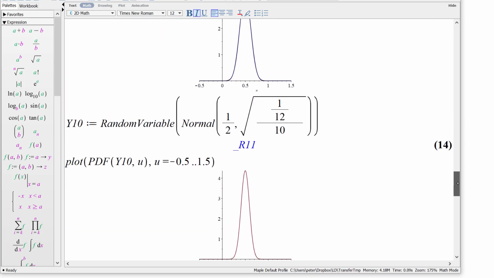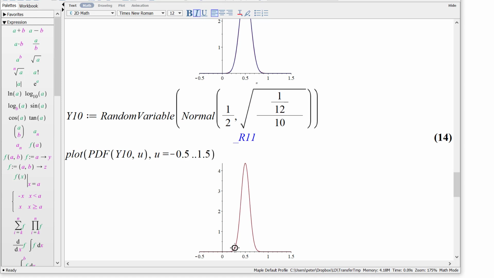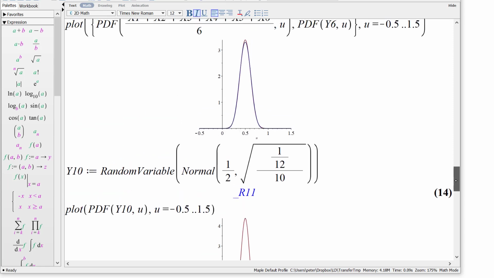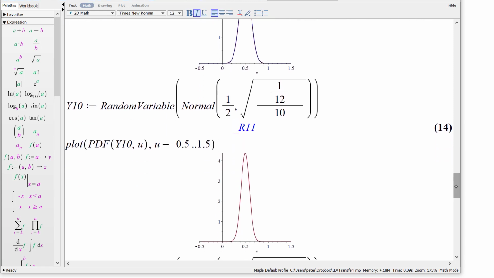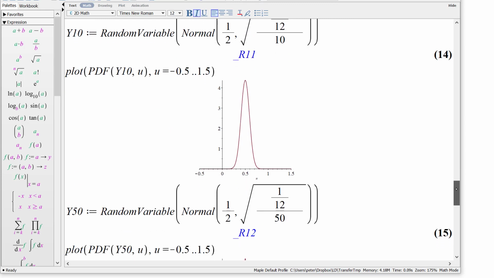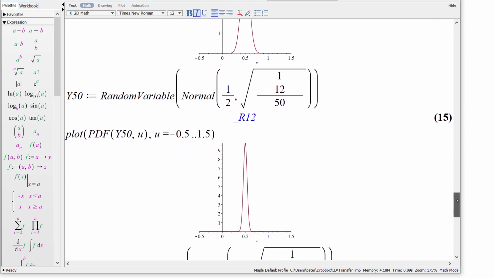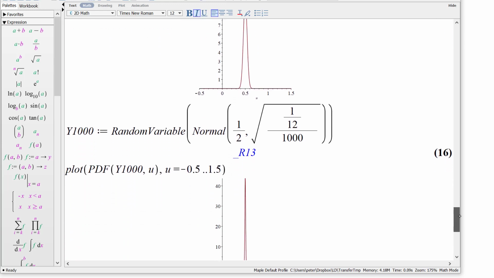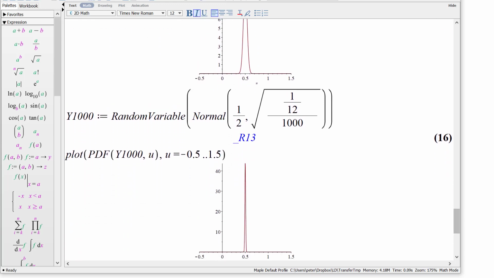Here is for n equal to 10. The PDF of the sample mean will have a distribution that's so close to this one that you won't be able to see the difference in this diagram. Notice how the distribution is getting taller and taller and skinnier and skinnier. So here is with n equal to 50, even skinnier, n equal to 1000, and what we see is that